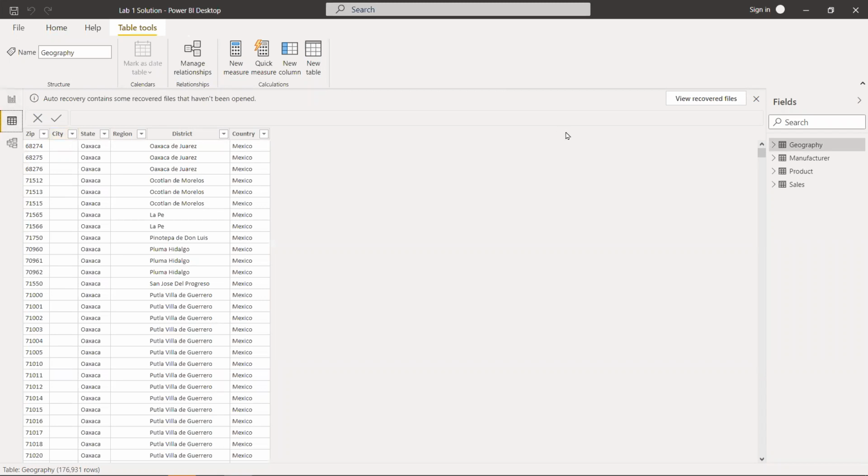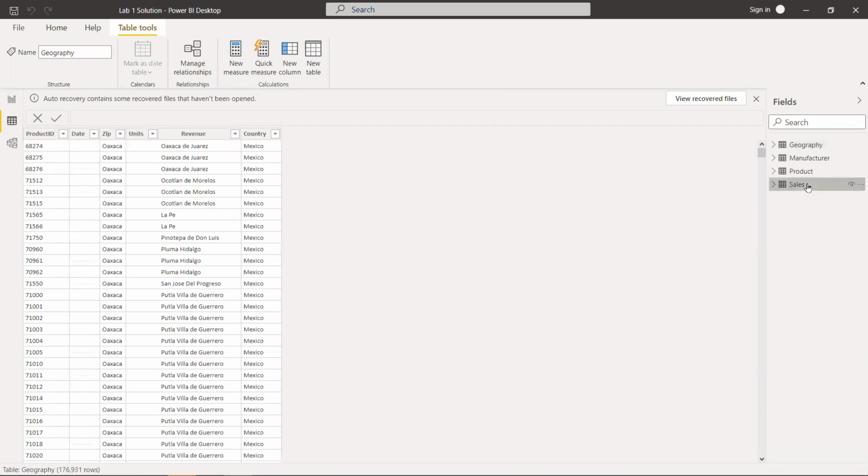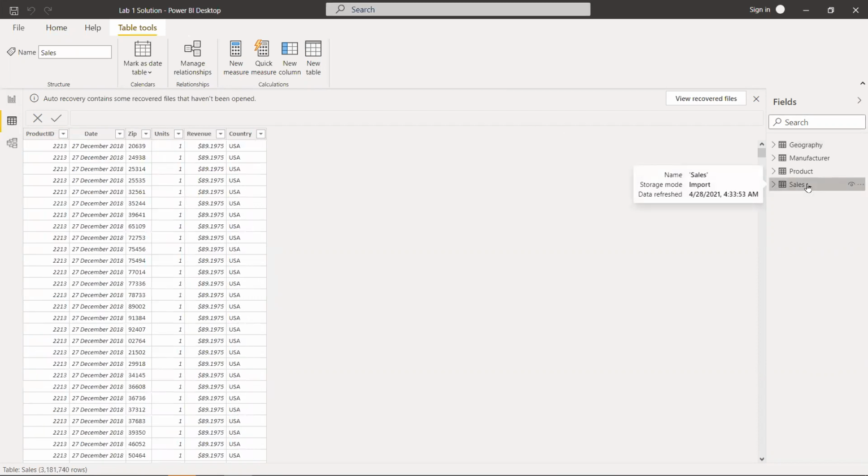So if you see over here in the sales table, we have a date column. Whenever a sale was made, the date corresponds to that sale. In order to perform the time intelligence calculation on this sales table, we need a date table.